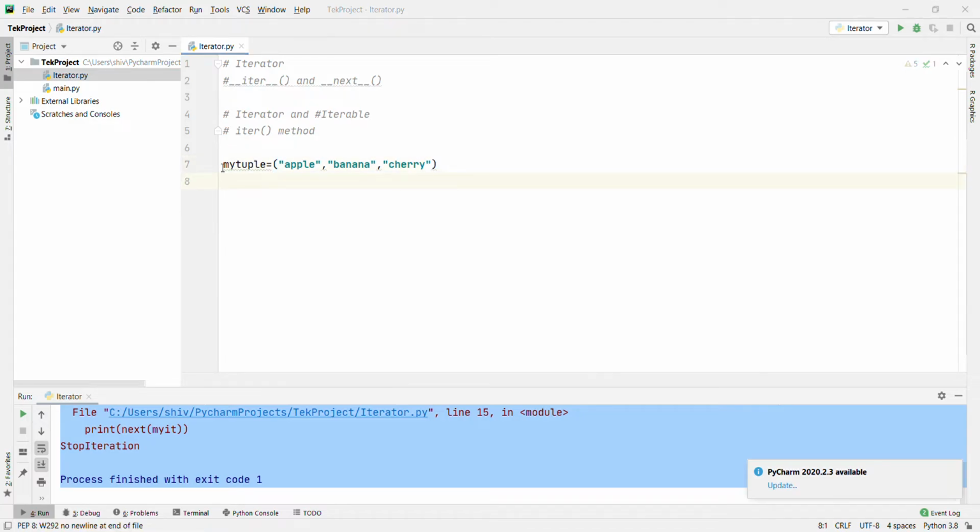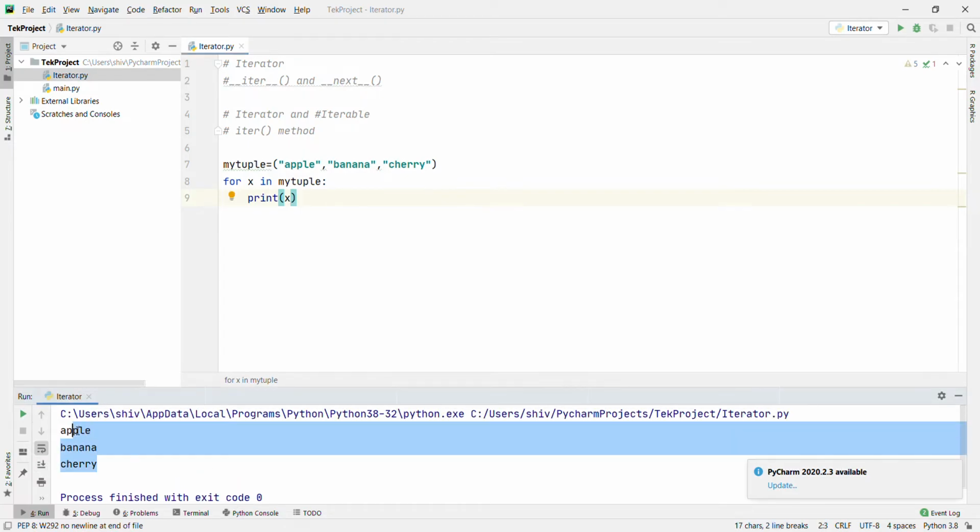Now for x in mytuple colon print x. What will print? Apple, banana and cherry. Let's run it. Apple, banana and cherry, just like a for loop.